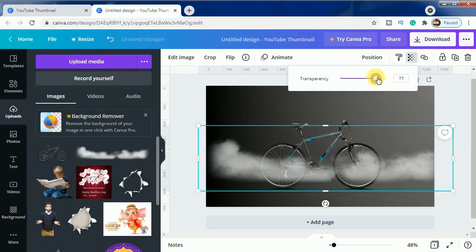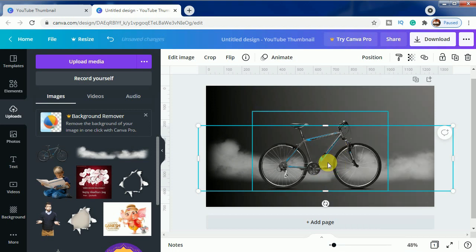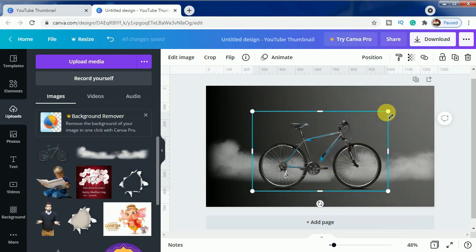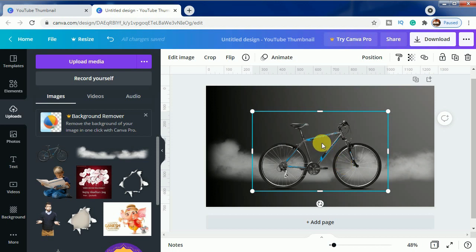So decreasing it further. So 64 looks good for me, and now we'll click outside and click on send backward, to bring it forward here.